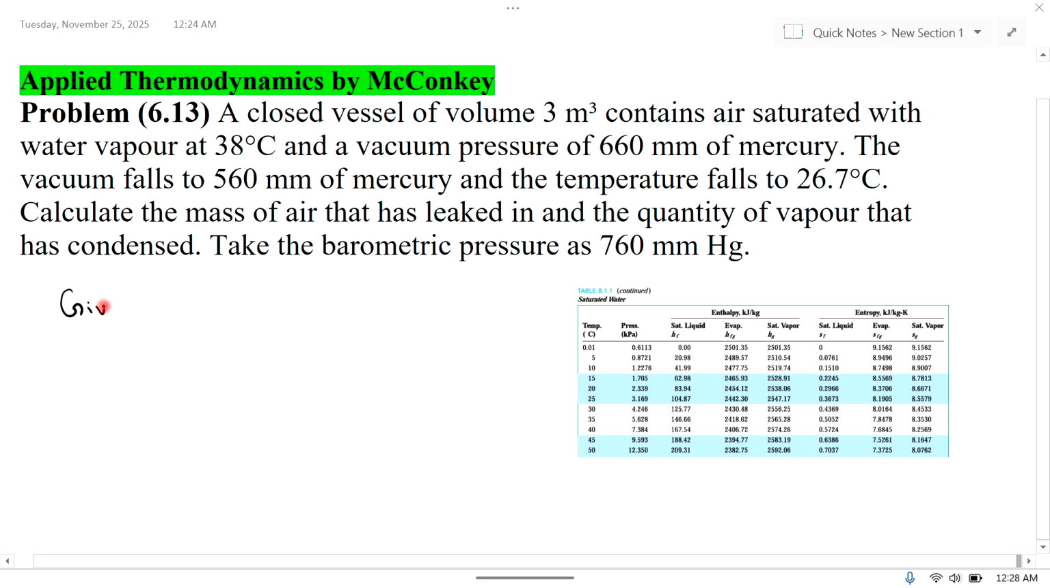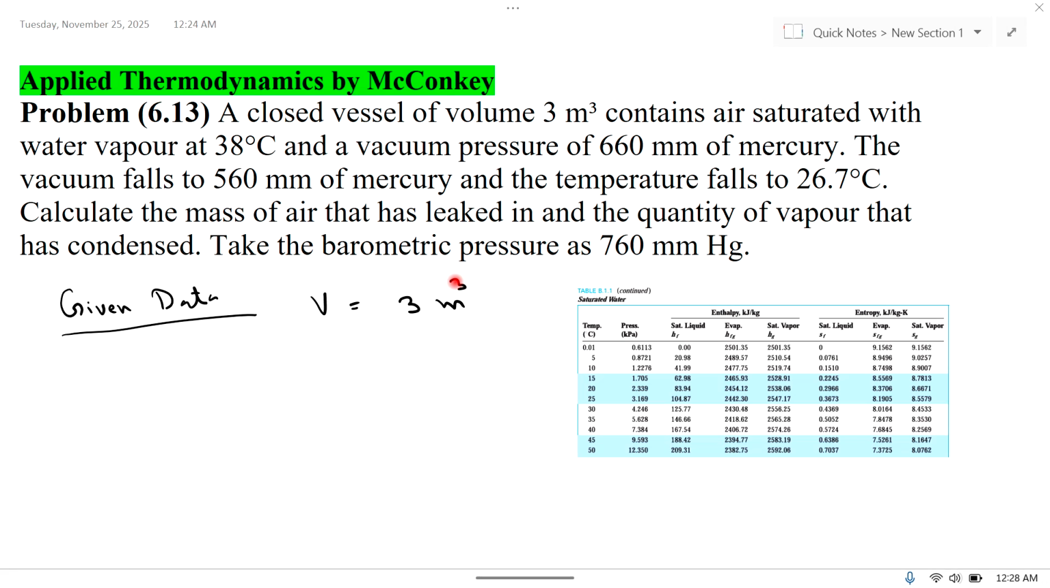So in given data, volume is 3 cubic meter. It contains air standard with water vapor at 38 degrees centigrade. Temperature T1 is equal to 38 degrees centigrade, the initial temperature of water vapor, which is equal to 38 plus 273 Kelvin, which is equal to 311 Kelvin,